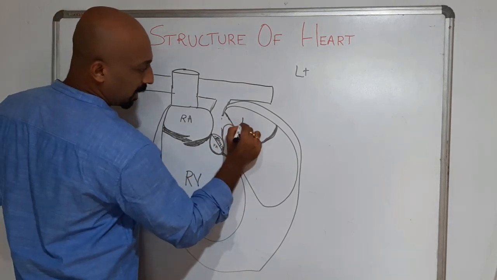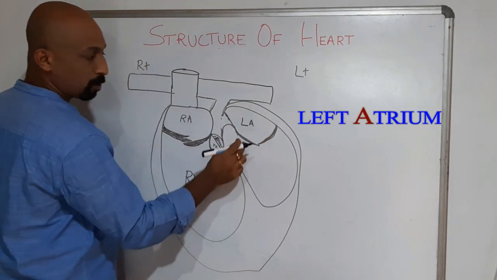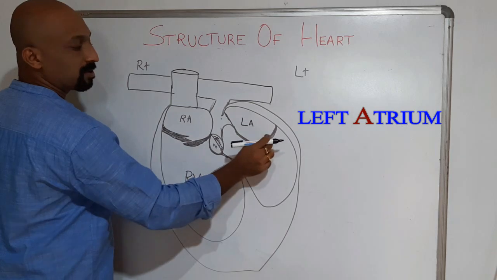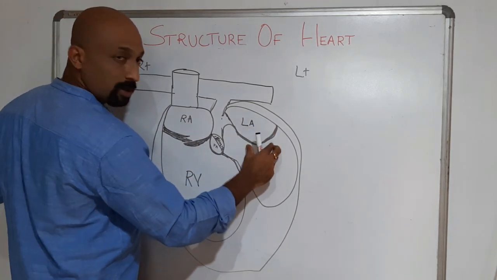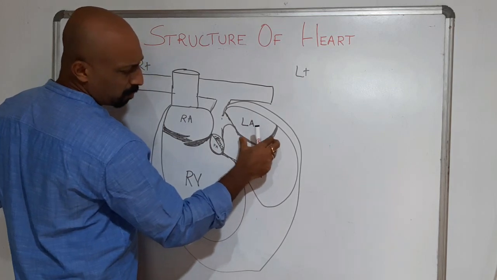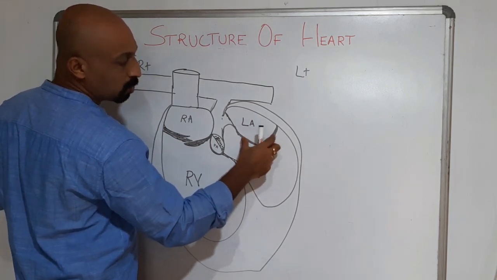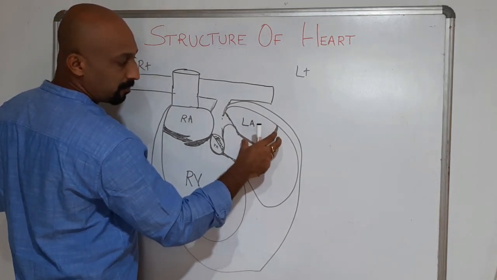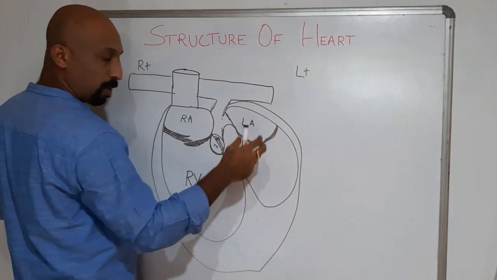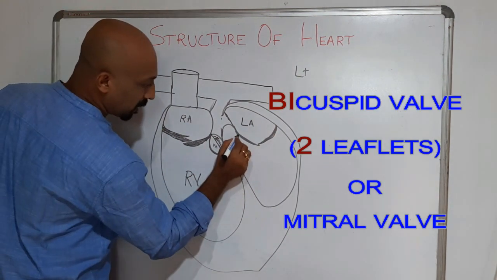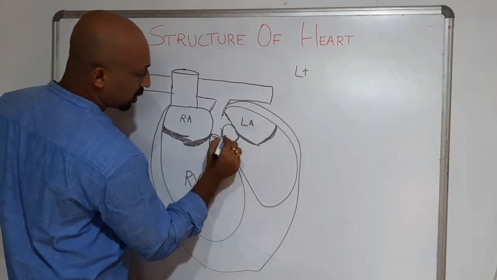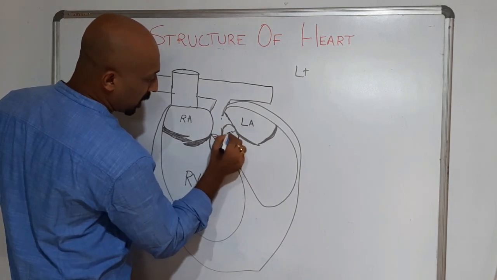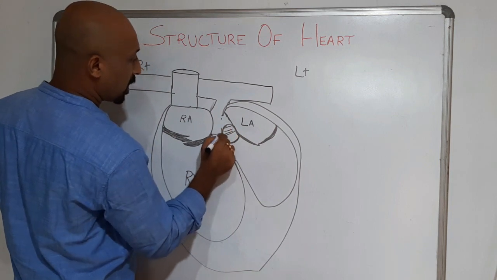This is the left atrium. To make it, I made it with two sides. Actually, this is bicuspid. Bi means two. I drew only two structures there. So in mind, we can say that it is a bicuspid valve. So again, I make a structure like this. Okay, so this is a structure, and the structure we can add.